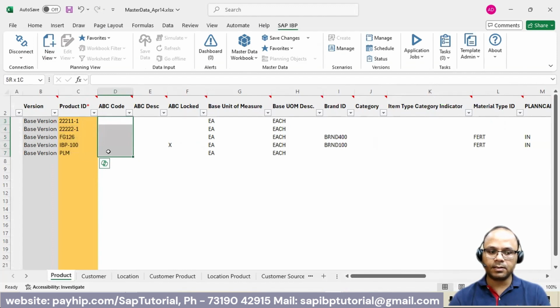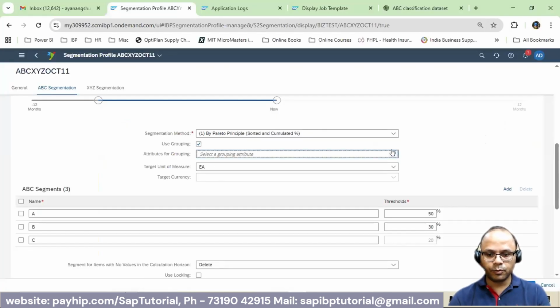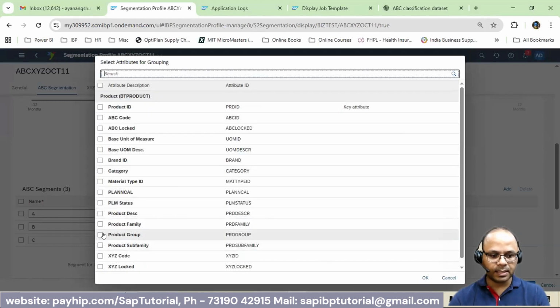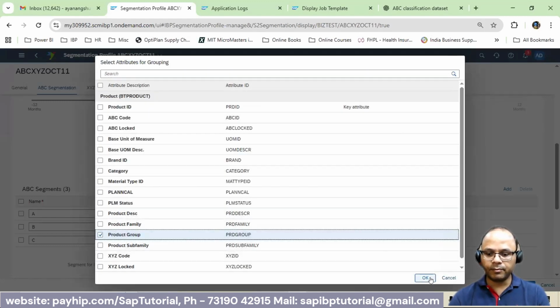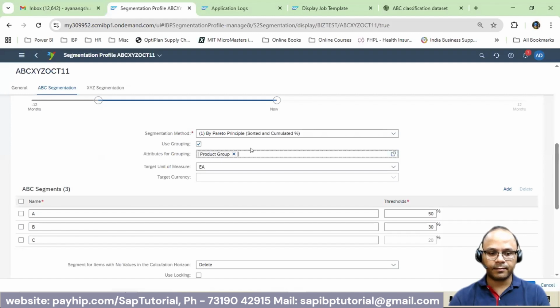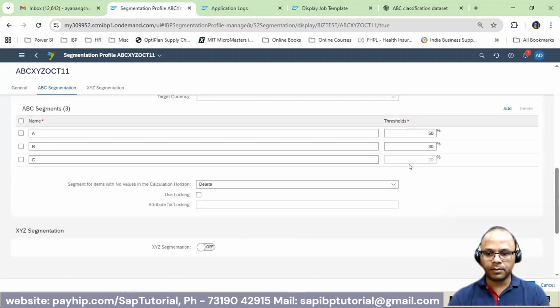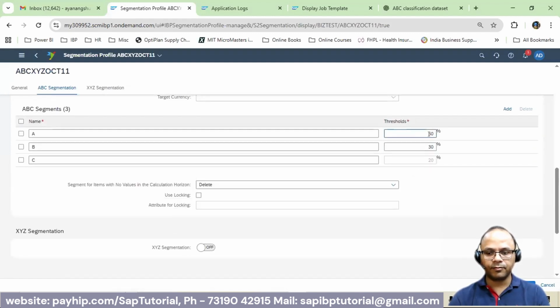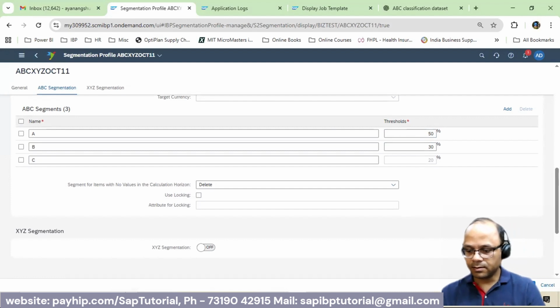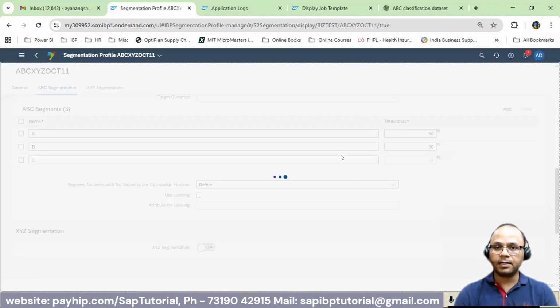So my ABC code is this. I will choose product group as the category by which we want to run the classification. My threshold value is 50 for A, the next 30 for B, and then the rest 20 for C. So let us create this profile